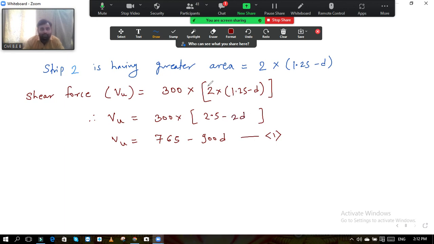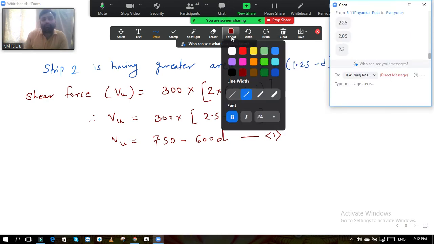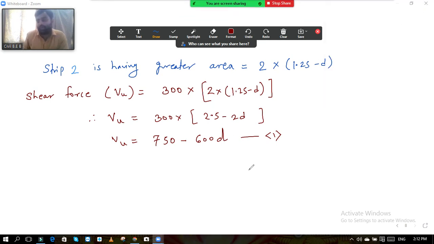So now if you multiply inside by 300, what equation will you get? It is 300 into 2.5, so it is I think 750 minus 600d. Am I right now? Please check it. See, I am having all unsolved problems, so you have to check it. आणि असंच व्यवस्थित चेक करत राहा, सो दॅट वी विल नॉट लीड टू मिस्टेक्स. असं होतं म्हणजे चुकून तुम्ही दुसरी व्हॅल्यू जरी घेतली सॉल्व्ह करता करता की तुमचा प्रॉब्लेम चुकतोय पूर्ण. ओके, सो नाउ दिस इज द व्हॅल्यू ऑफ VU. Is it right now? Correct?